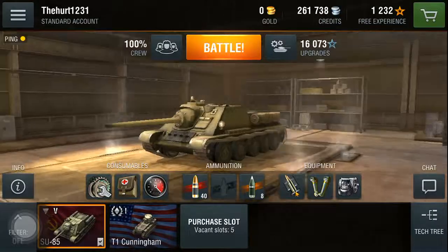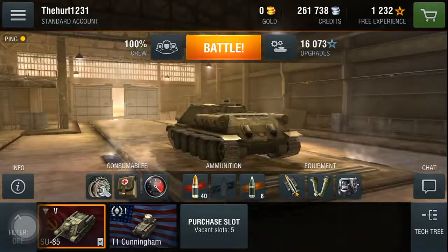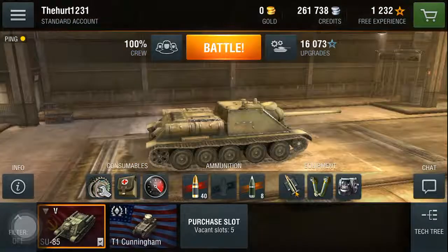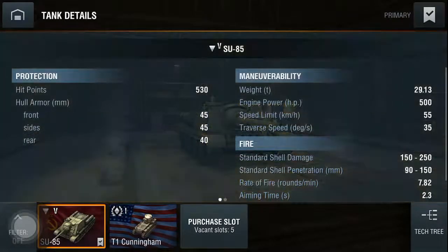That's enough sound. So the SU-85, Tier 5 Tank Destroyer, it's comparable to the Stug. I like it better than the Stug. It has a high alpha damage. If you look at